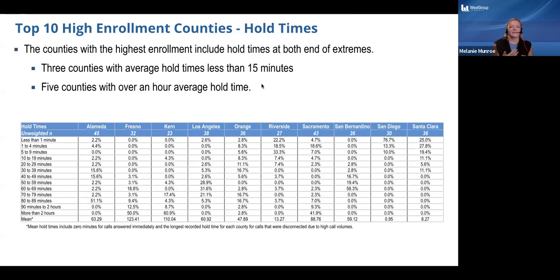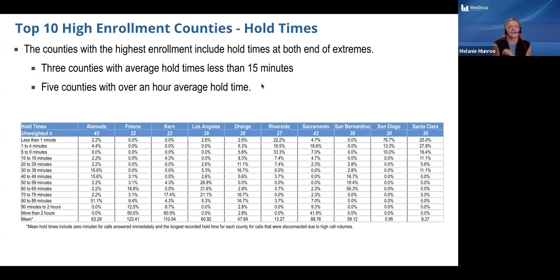So again, it seems like the protocol may be, we don't know, but may be that after 89 minutes, they get sent to that disconnect message. And so the average for Alameda County is maybe lower than some of the other counties like Fresno and Kern County, but also, that system didn't allow us to hold for a longer period of time. So the ceiling was a bit lower than the ceiling in some of the other counties. And this really goes to show that we should look at this data in combination to get a full picture of what's happening at each of the call centers, at each of the county call lines.